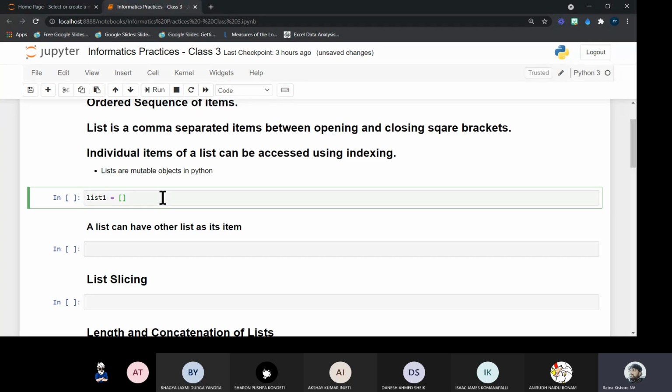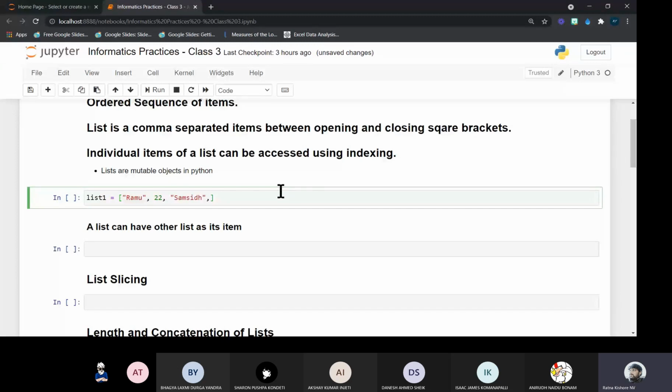Okay. Student data I am considering as a list. The first item I am going to consider is the name of the student. I am considering Ramu as the name of the student. The second item is age, and I am considering 22 as his age. And the third item in that list is the college he is studying in, so I am writing the college. Now the list has 3 items in it.